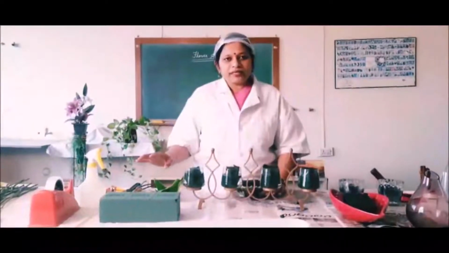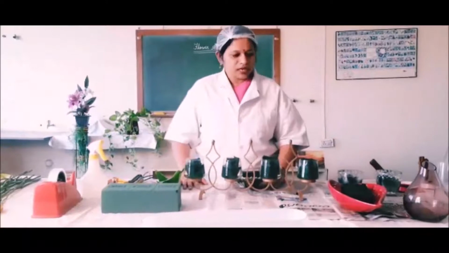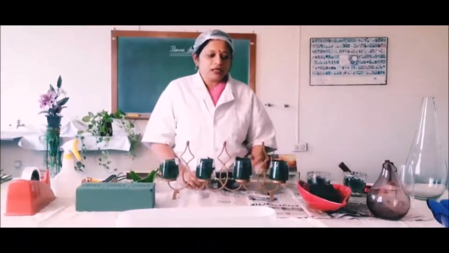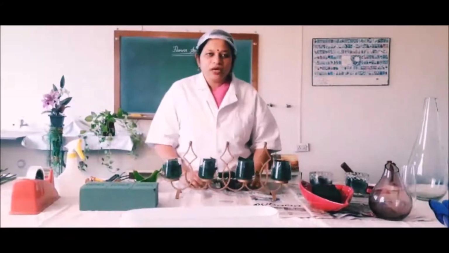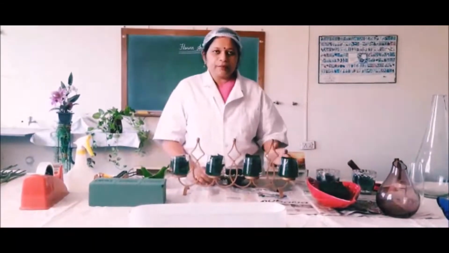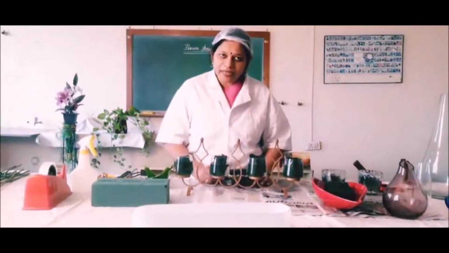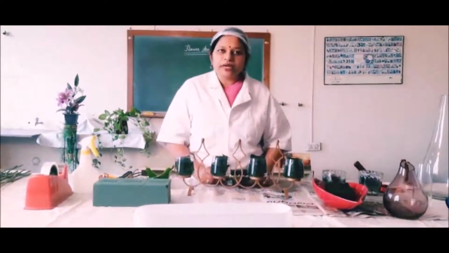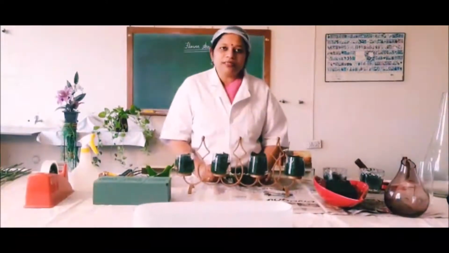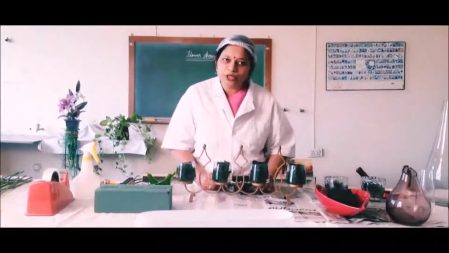Now you are quite familiarized with the flowers, foliage and the tools and equipment. These are the various containers used for making flower arrangements in different shapes. Ideally, the shape of the arrangement has to be chosen based on the area where you are going to place it. For example, a boardroom arrangement, a reception counter, a VIP guest room, or a restaurant table. So keeping all this in mind, the shape of the arrangement or the container has to be chosen.